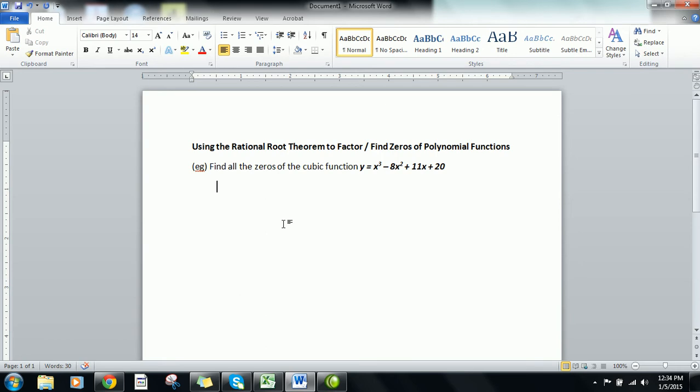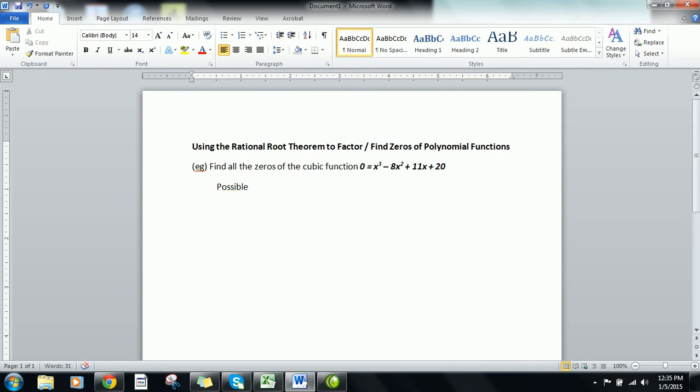So here's the deal, right? We're trying to figure out when this polynomial equals 0, right? And right now, as we discussed in class, we can't factor by grouping. It's not of a quadratic form. It's not a difference of cubes, a sum of cubes, or a difference of squares. So there's really nothing we can do. Okay. What we do have, however, at our disposal is the rational root theorem, which says the possible rational roots, if there are any, are